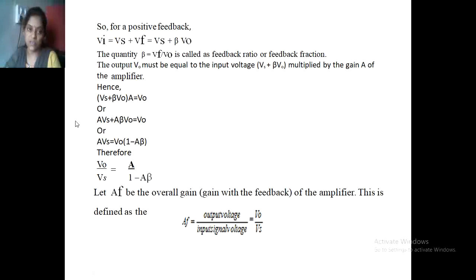So let us see the Barkhausen criteria. For a positive feedback, Vi is equal to Vs plus Vf. Vf is represented as beta into V0. The quantity beta, equal to Vf divided by V0, is called the feedback ratio or feedback fraction. The output V0 must be equal to the input voltage, that is Vs plus beta V0,